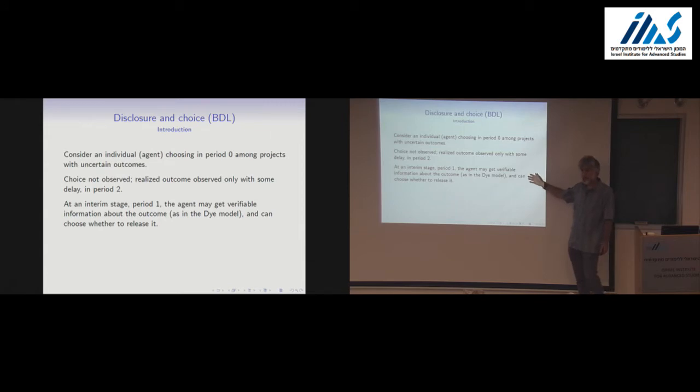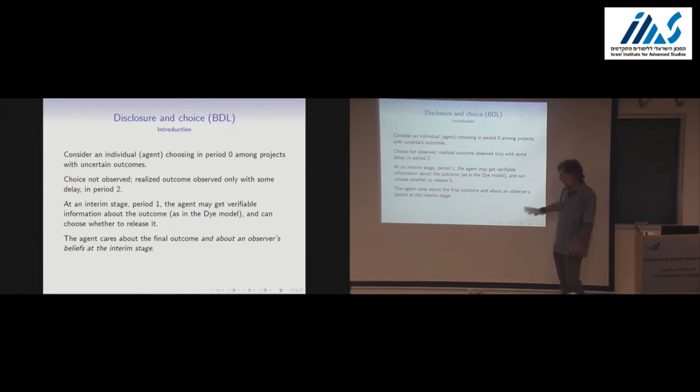At the interim stage, the manager may observe whether it's bad, middle, or good, and can then decide whether or not to observe it. Okay? The question we're going to ask is, how does this ability to strategically disclose information affect this choice in the initial period? The agent is going to care about the final outcome, in other words, the actual realization, because that's going to be the belief about him in the end, but also about the belief at the interim period